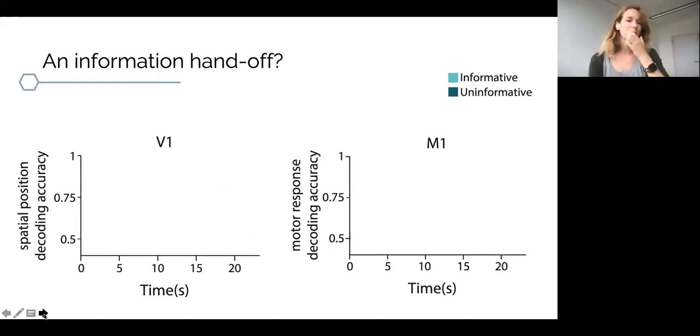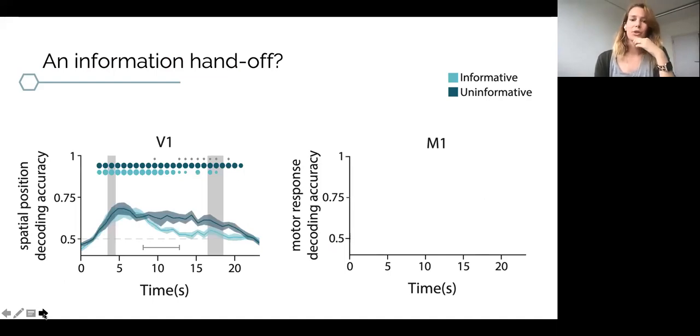Secondly, I want to show you this, which I think is very cool. So is there an information handoff? So we can look at this over time in a trial. So here, this first gray bar is when the preview disk is presented to the subject, and the second gray bar is when the response disk is presented to the subject. And what you see is that roughly here, after let's say 7 seconds, there is a divergence. So if they don't know which response they have to give towards the end, then this information sort of stays sustained throughout the delay. But if they do know which button they'll have to press, you see that indeed there's